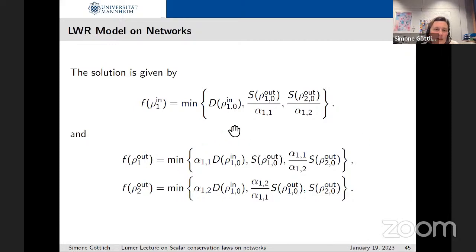This is nothing else than the minimum of all these terms, meaning that once we have this interpretation of f of rho in, we can write down the solutions for both outgoing fluxes equivalently. And this is nice to have,